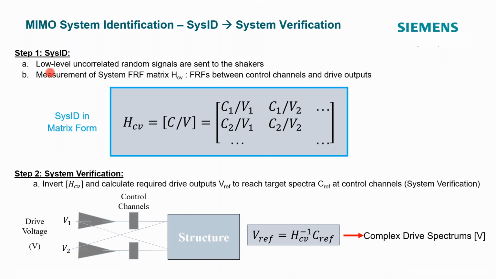So the SysID, and we're going to verify this. We're going to measure the transfer functions and measure our SysID, and then invert that and do a system verification. Think of system verification as a self-check, which is what we call it for single axis testing. We excite the structure with some low-level uncorrelated random, or it could be pseudo-random signals. The idea is to measure the transfer function here, and then invert that transfer function SysID matrix and use that to calculate our predicted drives at full level.